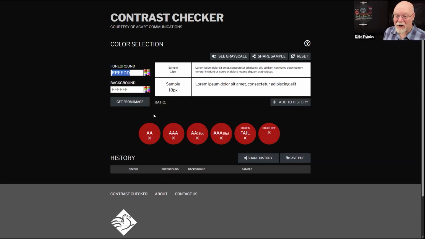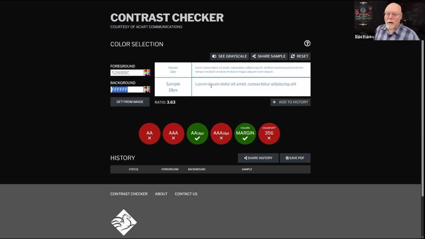I don't think RREEDD is actually a hexadecimal color at all because R's aren't used in hexadecimal. So let's go back to 528BBC. This won't allow you to use named colors, but you can get the hexadecimal colors really pretty easily. So we're going to use that as our color.